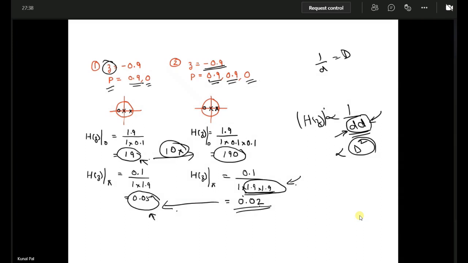Because of this reason also, if you see, we have a magnified effect of the zero at higher frequency, even though we have placed a pole which is far off from the FM. The placement of an additional pole also had an effect on the highest frequency point, which is far off from the additional pole. Okay.